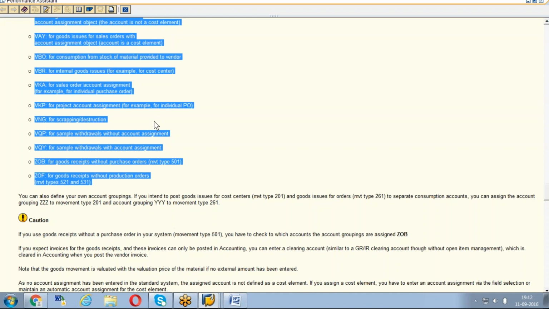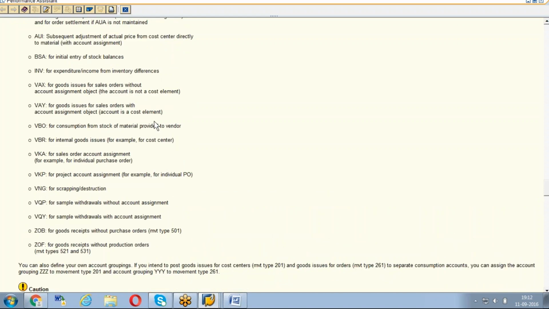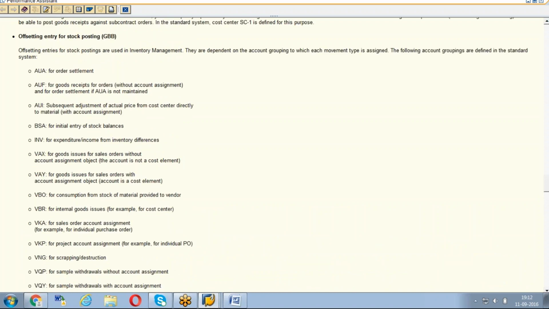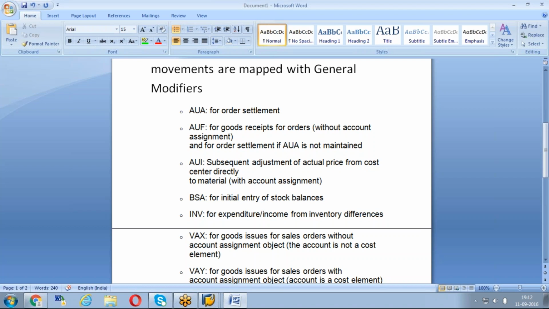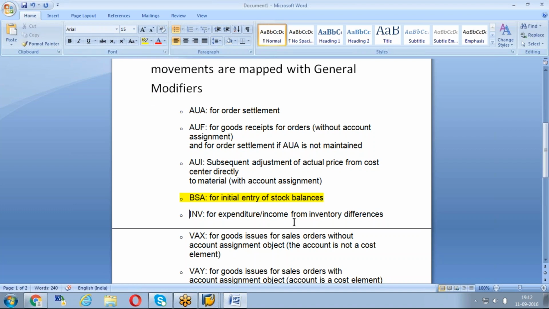Now what I'm saying, you have written this, that's fine. If you could give me an example of a transaction with the GBB, then it will make it clearer. Yesterday also we have discussed, and again I will show you certain kinds of things. The most important we can go through, first one is BSA. What is BSA? When do you use it?